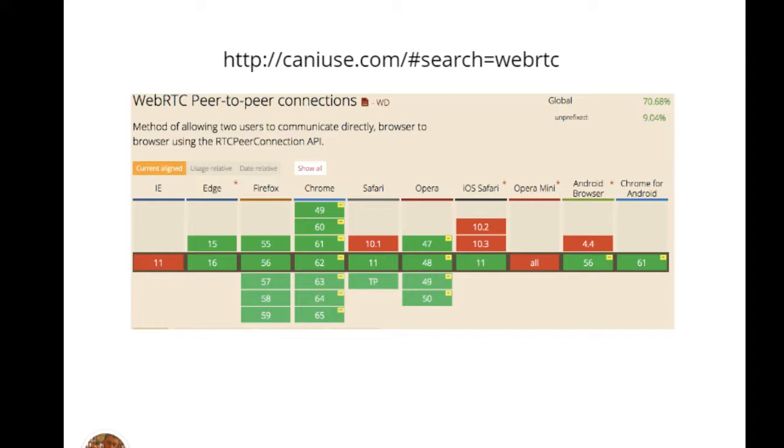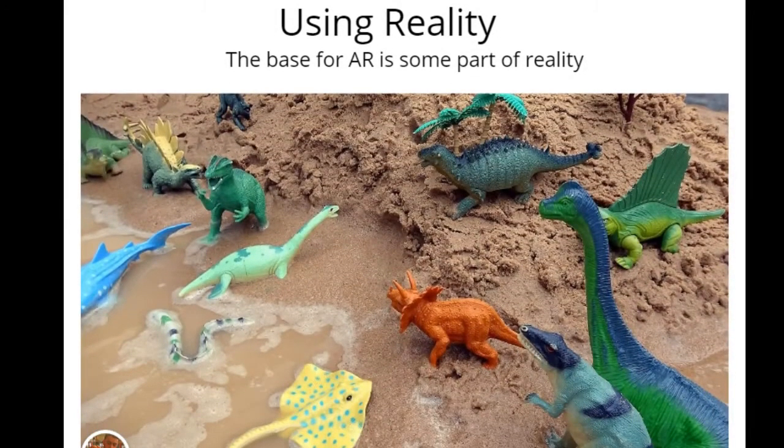If you want to know more about where it is supported and where it's not, you can go to caniuse.com for WebRTC. You'll see here that Safari just started. IE doesn't look like it's going to have much support, but now that everybody's on Edge, or Edge is, if that's not really IE, I think it is. Chrome for Android, Android browser, it's getting pretty much across the board. Again, Opera Mini is the one that's probably never going to support it. So this means our support now with iOS 11 is pretty much covered. Like I said, that's why I didn't want to do the talk before, because there was just a big hole of devices out there that this wasn't going to work on.